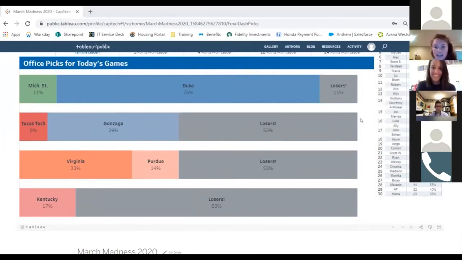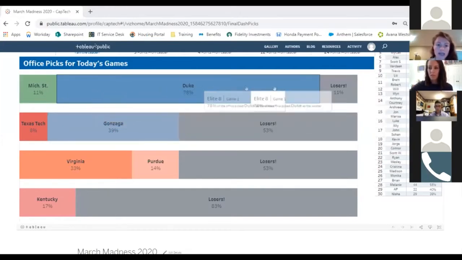So yeah, and you'll notice here to the right, I have losers in gray. What is meant by that was that in the beginning of the tournament, obviously every team is playing. So in the beginning of the tournament, for the most part, you would only have 2 teams that were broken out here. But as the tournament progressed, when you get into the Elite 8 round, there was a possibility that 4 different teams could have been playing that particular game. But obviously, when it comes down to it, only 2 are going to play, and the rest are considered losers because they're out of the tournament.